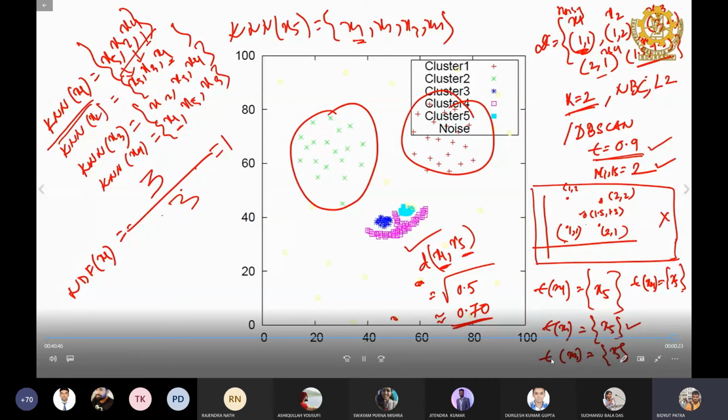But some point may be a noisy point. So let's say there was another point, x f, point f. So what will be the reverse chain here is the NDF value. NDF of f, this will be 0. NDF of n will be 0. So you cannot explore. So this will be considered as a noisy point, temporarily noisy point. Okay. So I stop here.